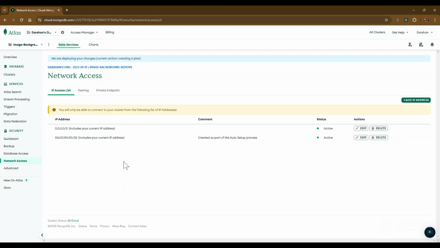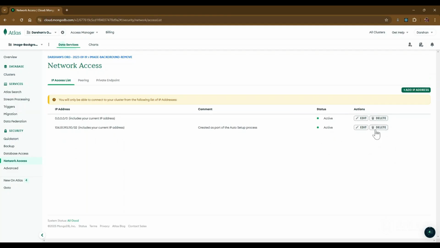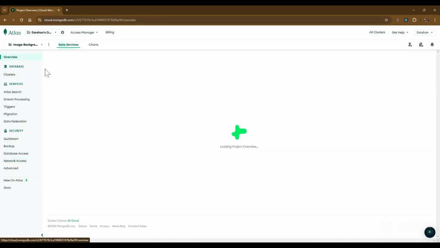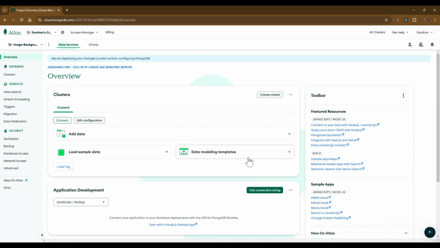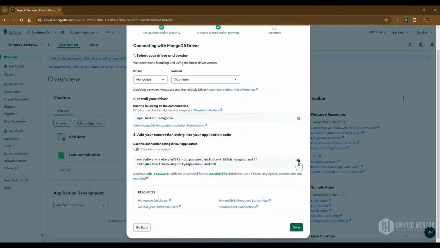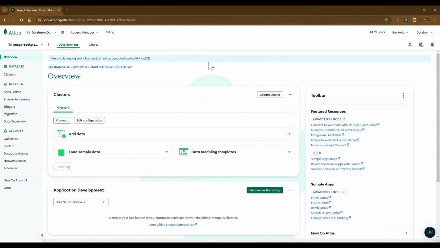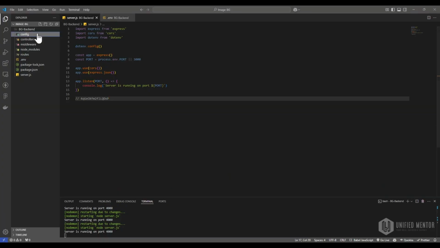After the status becomes active, just delete this IP address and come to our overview, because we want to get our connection string. For that we will click on this Connect button to get the connection string. Here we will copy this one and click on done, and come to VS Code, and in your config we will create one file called